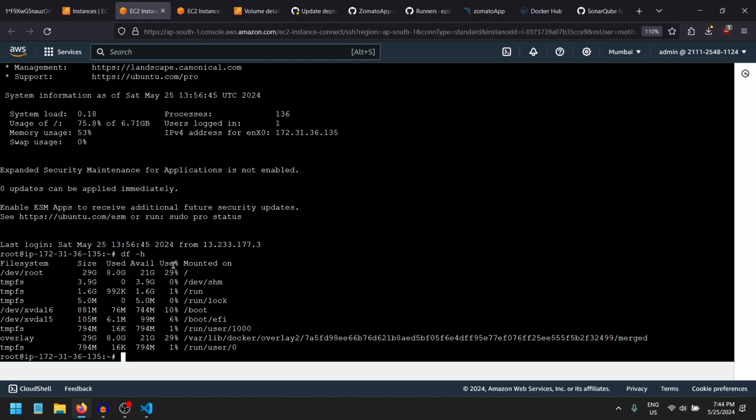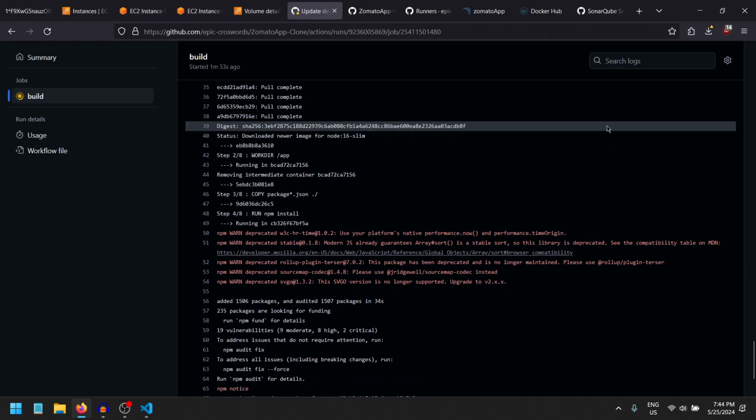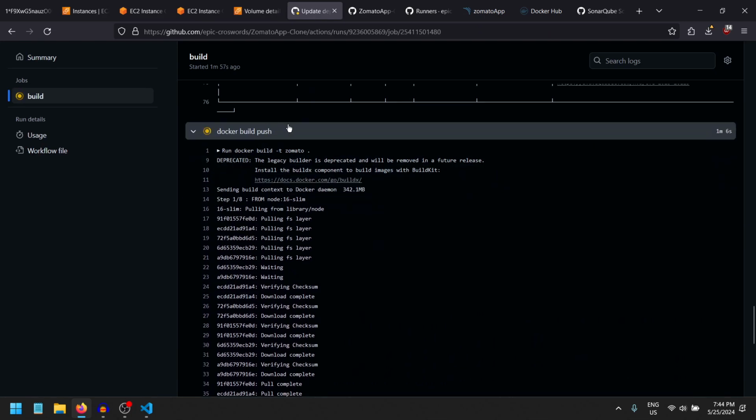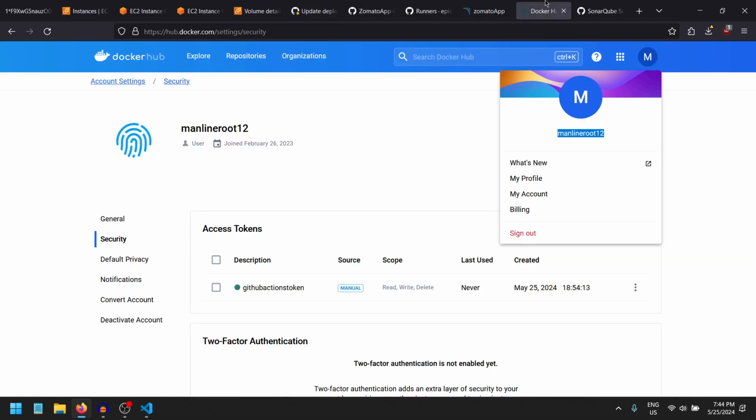We have 21 GB available, right? So a lot of space right now. Let's wait. It is doing a Docker push. It is pushing the image to the Docker Hub. We'll see the latest image